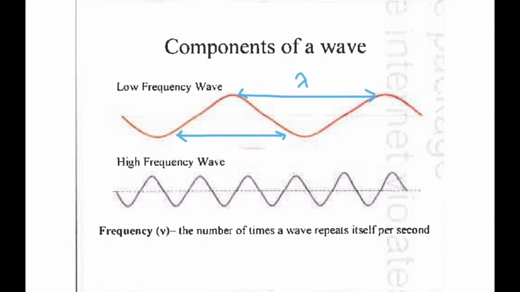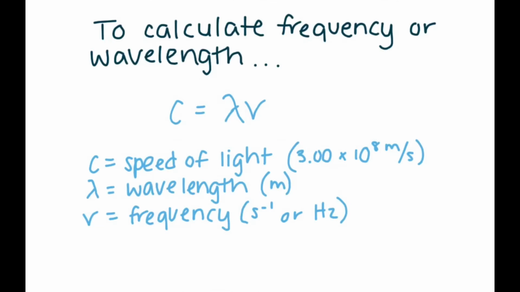The second component of a wave is the frequency, and as we see here, frequency is the number of times a wave repeats itself per second. In order to find the frequency or wavelength of a wave, we use the equation